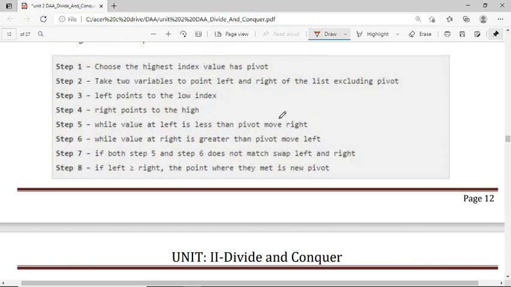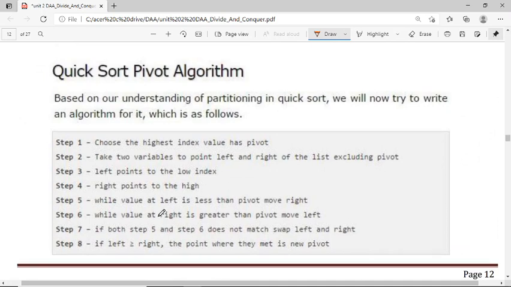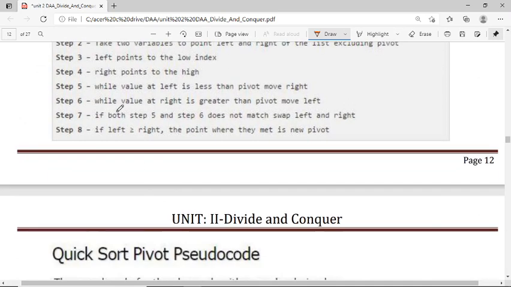So these are steps 5 and 6. If it is not matching, then swap left and right. If left is greater than or equal to right, the point where they met is the new pivot. So this is the quick sort pivot algorithm.